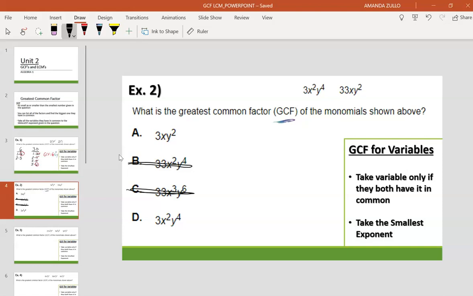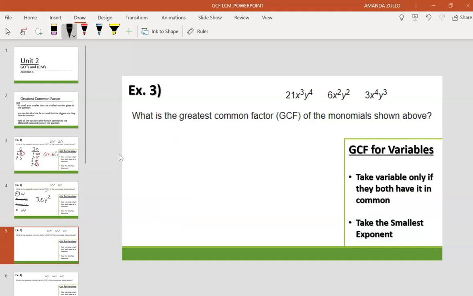And now we have to look at our variables, the ones that they have in common. So they both have an x, both have a y. You take your x to the smallest exponent. So I have an x squared or an x. Obviously, you're going to want to take the x. And then you have a y to the 4 and a y squared. If you're taking the smallest one, you're going to take the 2 instead of the 4. So we're looking for 3xy squared, and the A's have it. Okay,